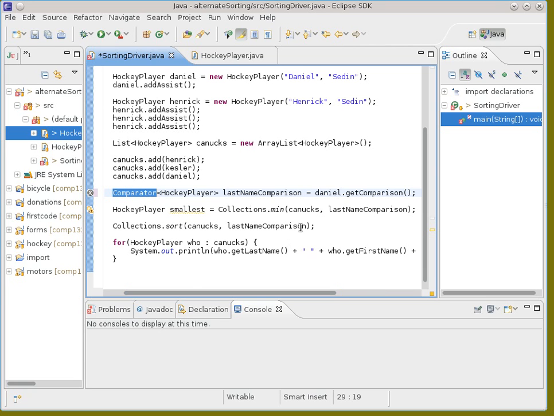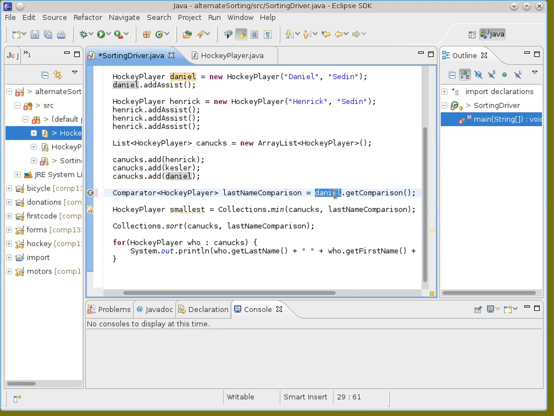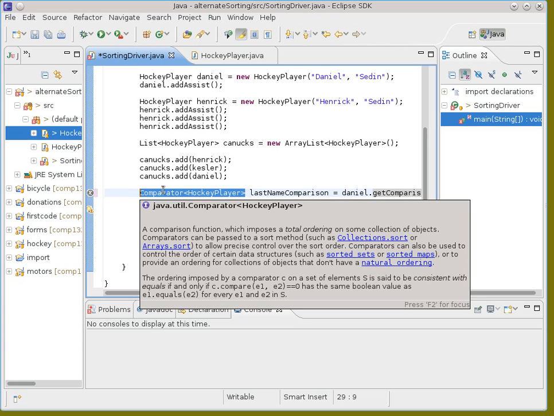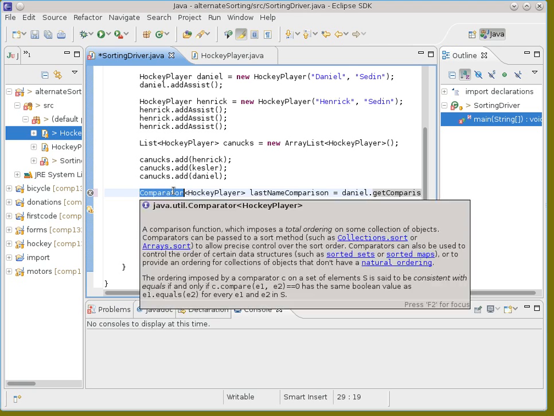Okay? So what this line has become is Daniel knows how to find some third party who will do comparing in a different way than the normal thing for hockey players. So I'll go ask Daniel to give me that guy who can do the comparison. The guy that I'm getting back in general is somebody who can compare hockey player against hockey player, and that thing is saying that he has a compare to or a compare function inside him that will take two hockey players. So I stopped using the specific name for the class that I've written, and this is the more general